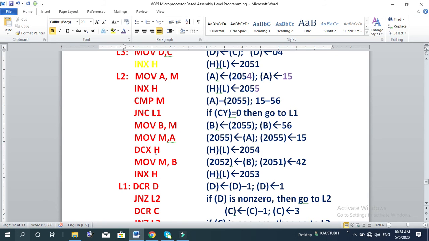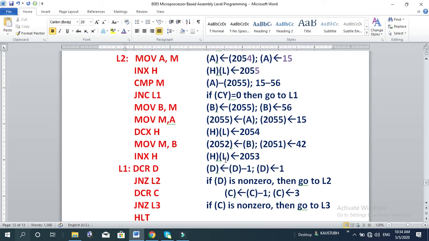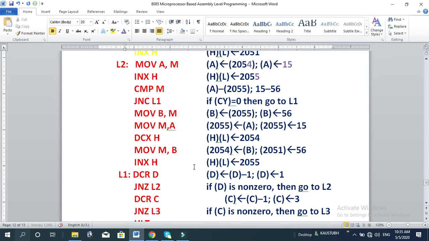Okay, 2054. Then move M comma B. Your M becomes now 2054. In 2054 it is B. So what is B? B is your 56. So 56 will come here, and it becomes again 2055. Okay, so after this loop,